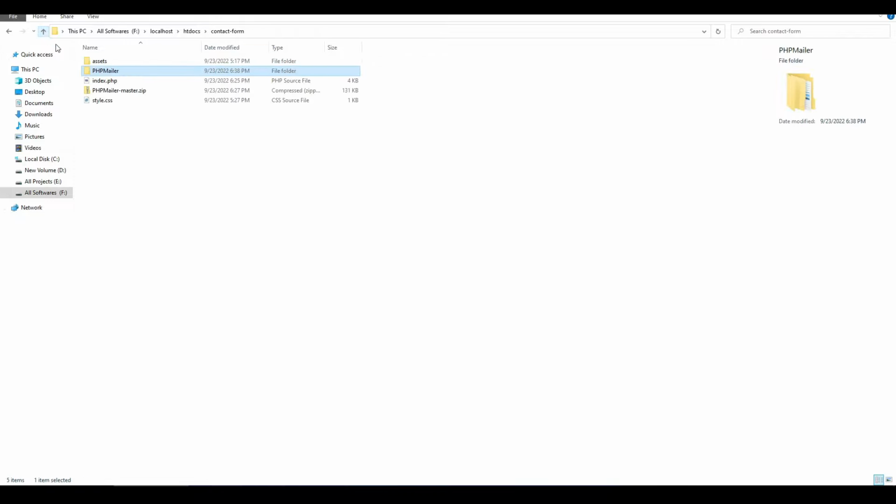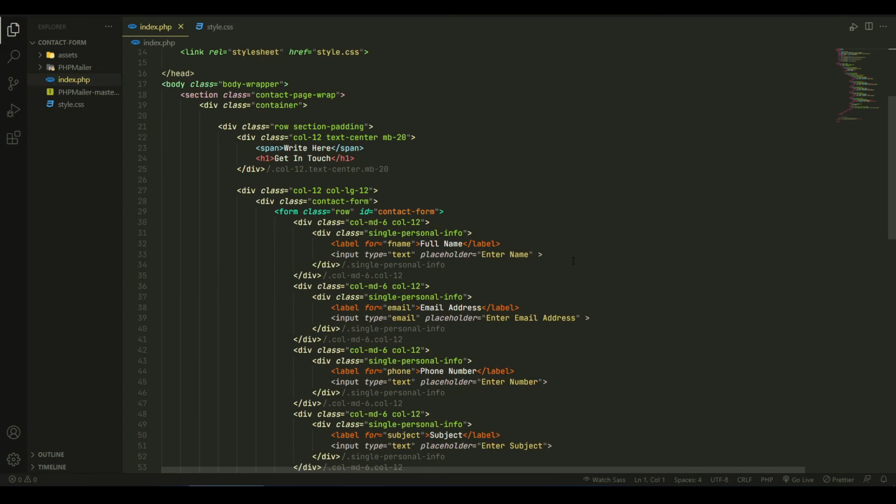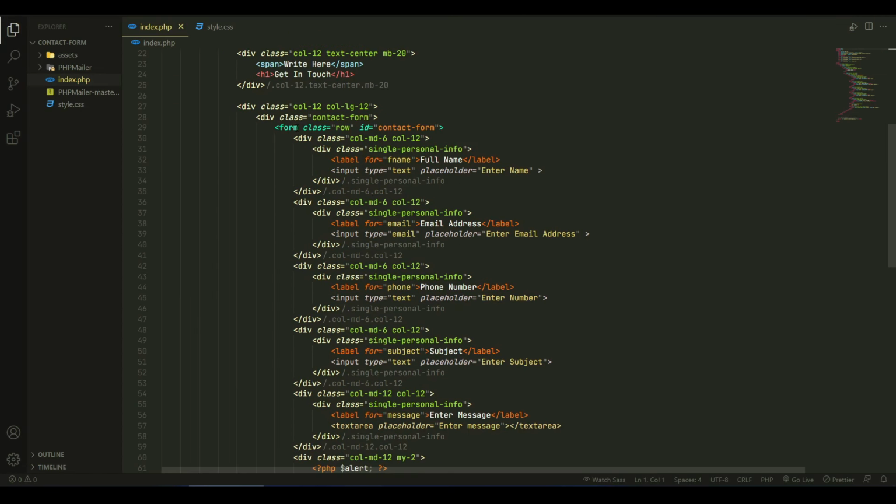And then let's go to our full project directory. So here's my contact form's files. At the form we have to write method equals double quote, and here we will write post, and in every input we have to write name equals, and here we will be giving a value. I'm giving name,